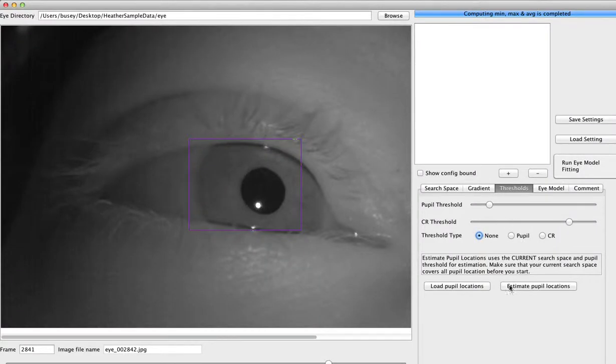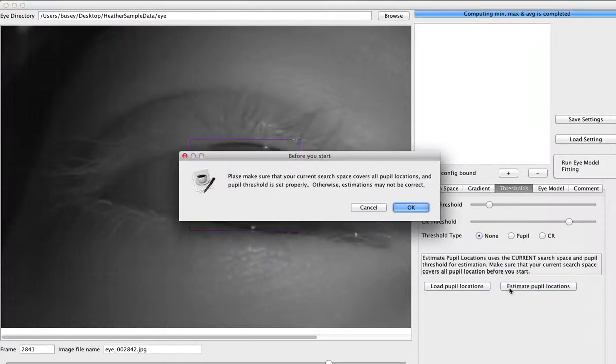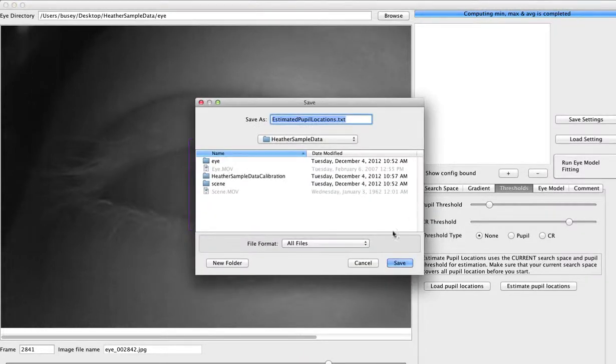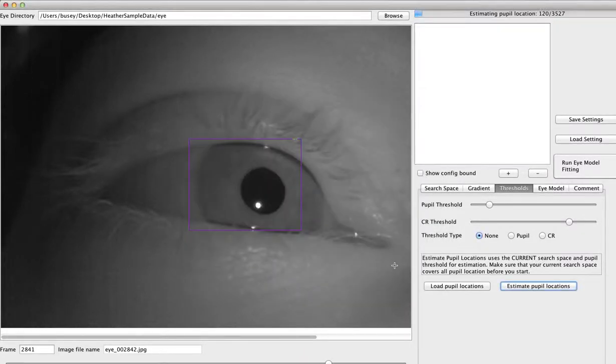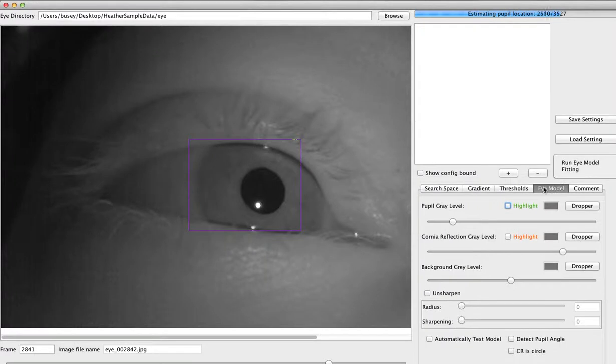While we're here, we'll say Estimate Pupil Locations. That just allows the program to go through and find the locations of all of the pupils, or many of the pupils, and that will help us see if our EyeModelFit that I'll do next is good for all of the different eye regions. Alright, so the next step while that's working is to go to the EyeModel, and what